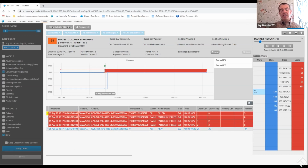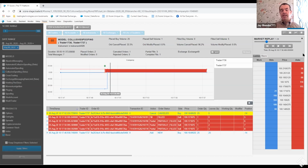So trader 1737 adds the 25 lot bid at the beginning of the cluster. About 4 seconds later, trader 1736 gets filled on the 5 lot offer order, and then after that fill is received, trader 1737 is going to quickly cancel that 25 lot bid. And again, what you can see here is one trader adding a 25 lot bid, the other trader getting filled for a small offer order on the opposite side of the market, and then the other trader canceling that 25 lot bid, and that cancellation happening only a couple of hundred milliseconds after the fills on the smaller offer orders,